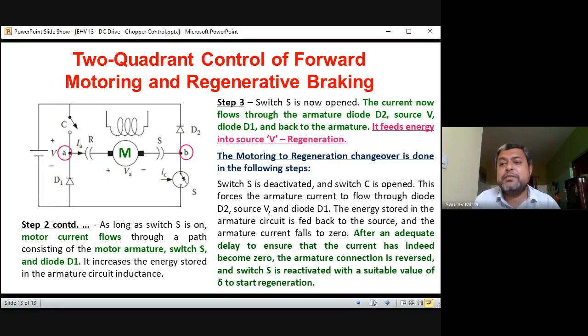So these two slides have to be explained very properly if two quadrant operations are asked. And in that case, you have to draw actually two diagrams. In the first diagram, step 1, R should be in the left side and S should be in the right side. And in the step 2 and 3, after you have reversed the R and S, so whenever you are drawing the circuit diagram, same circuit diagram, so in the case 2 and 3, C will be open, S will be open. Please show the S in the left side and R in the right side. And at the end of step 3, again R is put in the left side and S in the right side. C is open, S is just closed, and it is on the verge of starting again. So this is a two quadrant control of forward motoring and